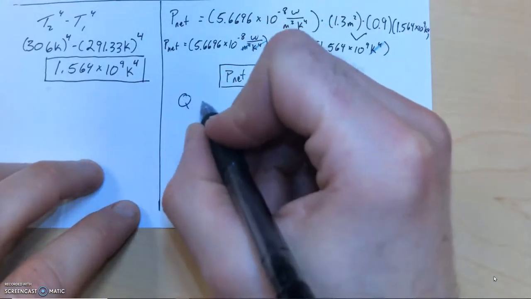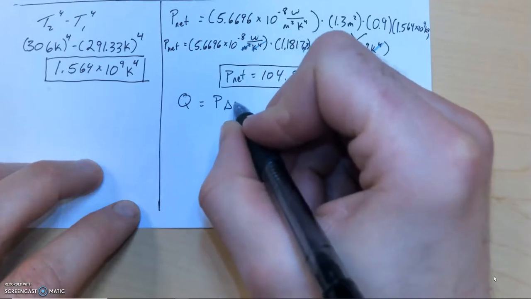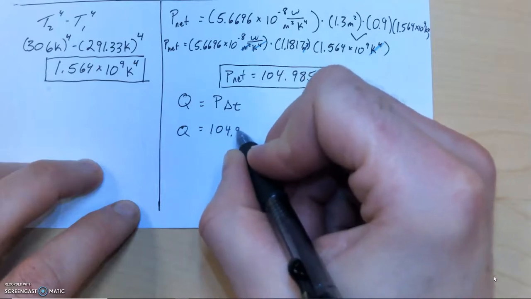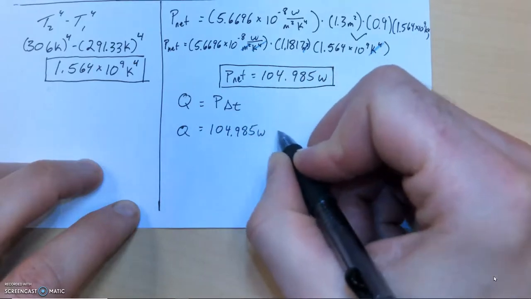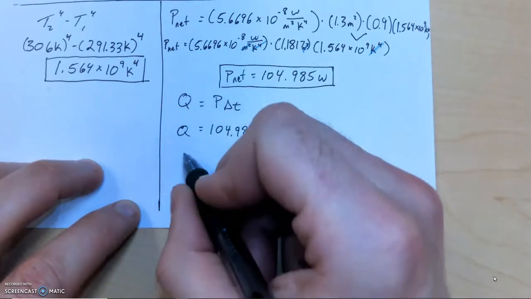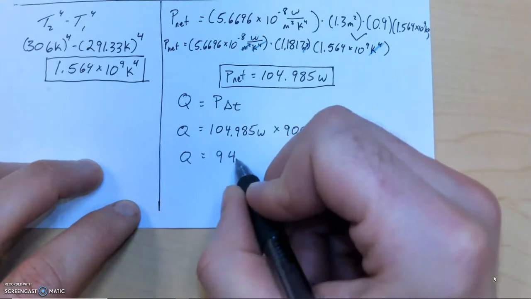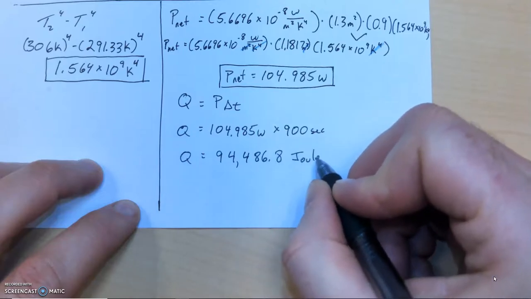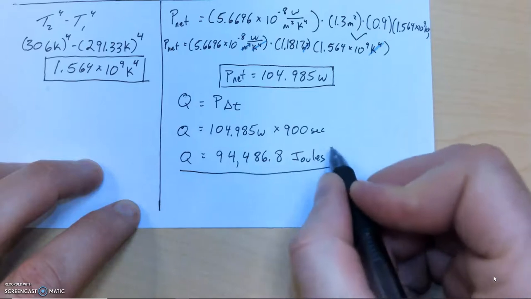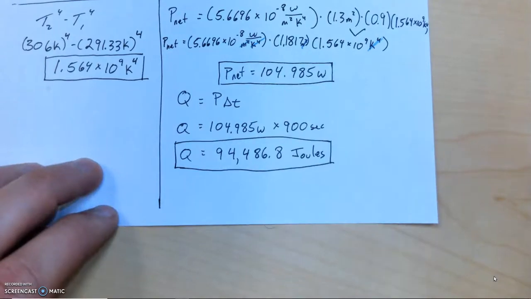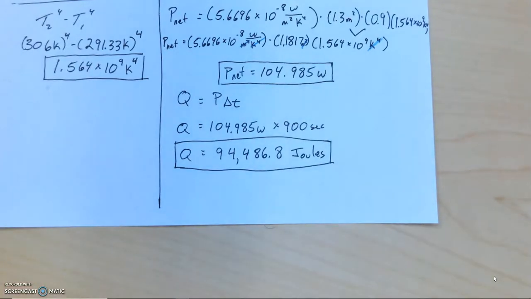So we're going to do our Q formula, P and then how much time elapsed. So Q is going to equal 104.985 watts times, and our time is 900 seconds. Multiply that together, and we're going to get 94,486 joules. So that's how much heat, or joules, the body puts off just sitting there for 15 minutes. All right, remember, 1 joule is equal to lifting an apple about a meter. Okay, there you go. The big problem